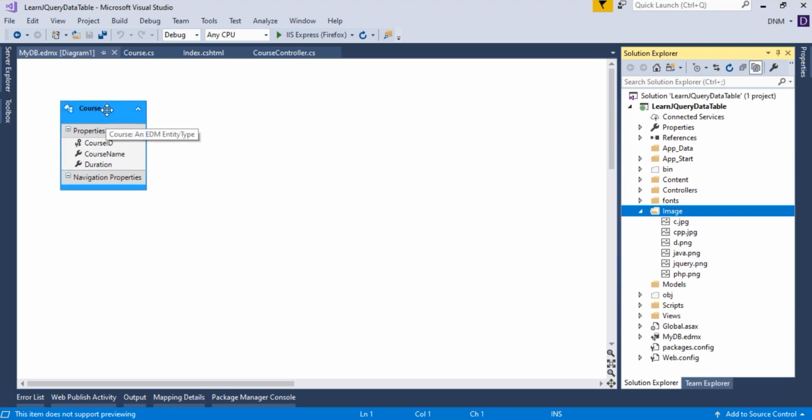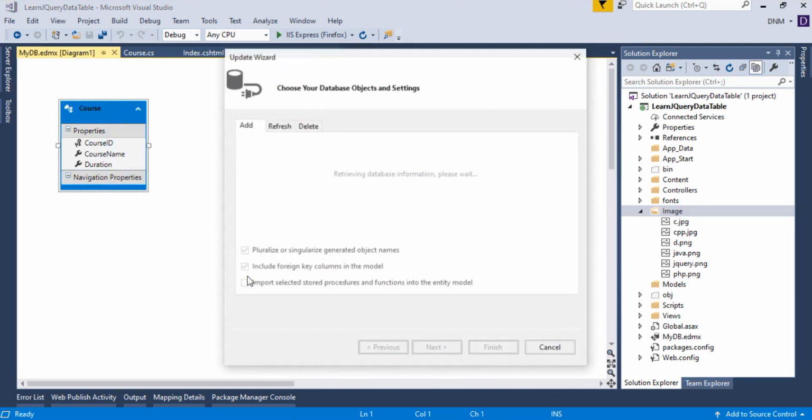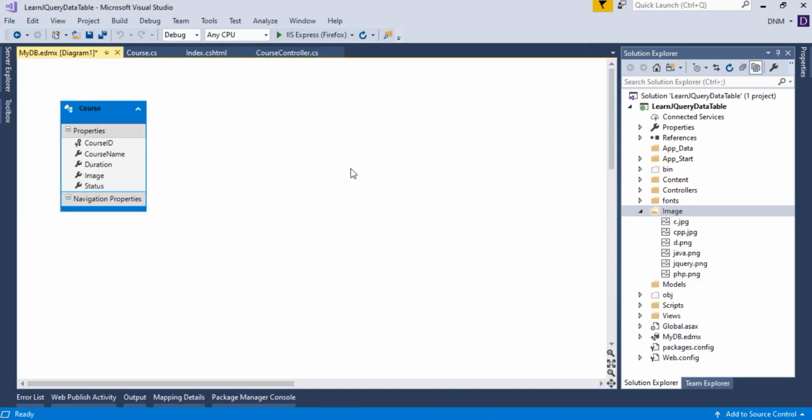For that, just right click over here and say update model from database. Whenever you make any changes, and if you add any stored procedure, view or extra table, this particular node gets expanded and you can select it here. But since we didn't add any extra table, stored procedure or views, this will not expand, but it will update the columns in the table. Okay, I hope you understand this. So image and status get updated, and now it is in sync with the DB.